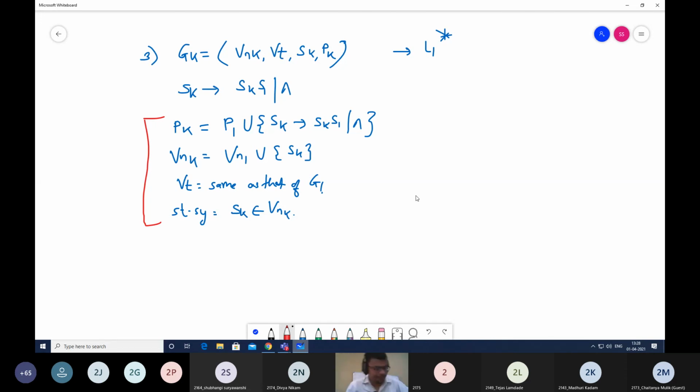Completed? Okay. There is one numerical based on this theorem. We will be discussing this in the next lecture. It won't be possible for us to complete it, as we have only 2 minutes remaining. There is one numerical on how we can construct a grammar as an application of this particular theorem. So that we'll discuss in the next lecture.